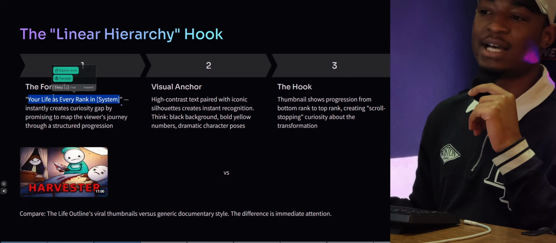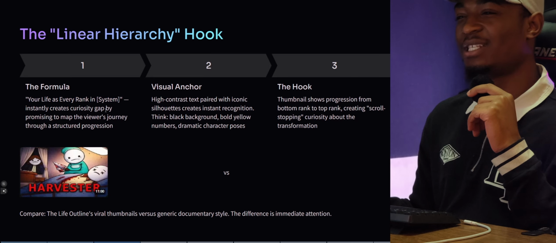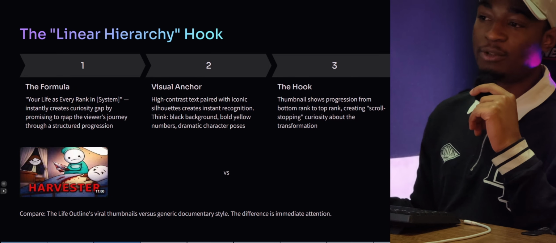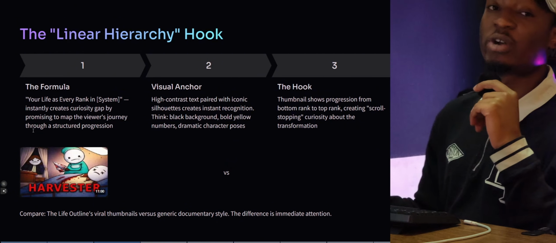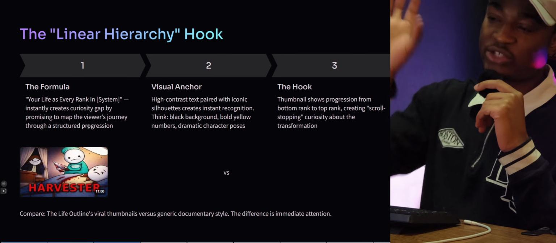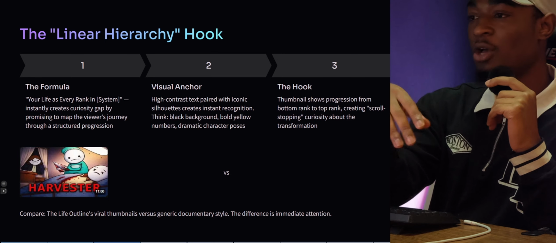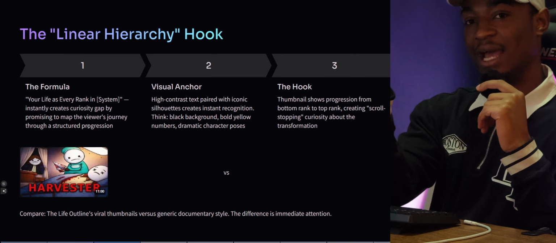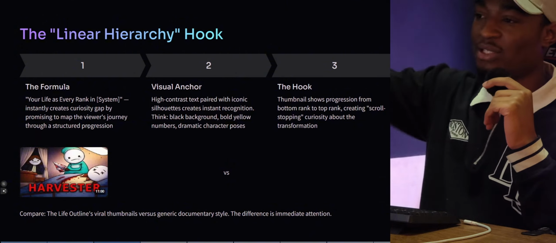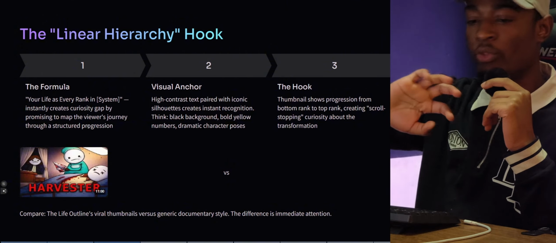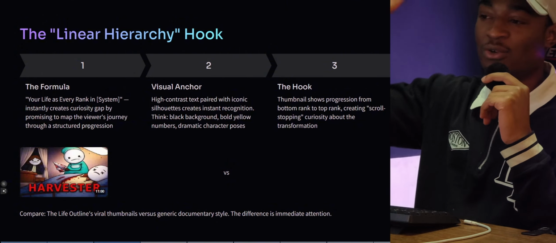So this is how the title is set up. It instantly creates a curiosity gap by promising to map the viewer's journey through a structured progression. The structured progression here would be the system. It can be either something good or something bad. If it's a good thing, maybe like the police or the government, if you view the government as good, depending